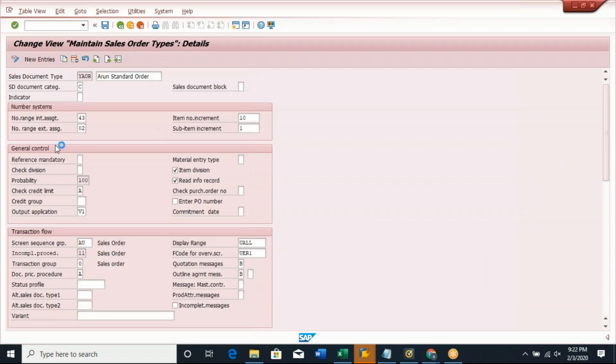And then, okay, this is for an internal number range and external number range, and this is for item number increment. Whether you want to increase the item number increment in the system by 10, 20, or 1, 2, 3, 4 like that. For example, if I say 100 and save it,